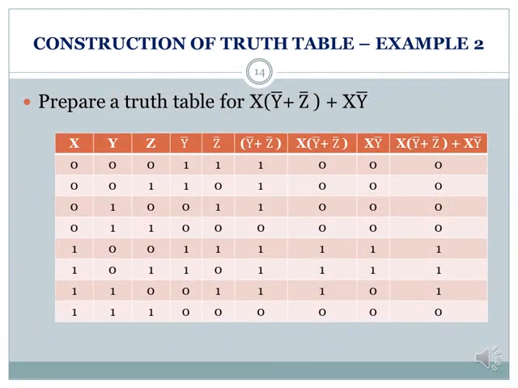Here is the next example of how to construct a truth table. In this expression, how many variables are there? Overall, we have 3 variables: x, y and z. First of all, we need to calculate the number of possible inputs. With 3 variables, we get 2 to the power 3, overall 8 possible inputs. After filling in the possible combinations of inputs, we need to find y bar and z bar. Then we need to find the parenthesis. Whenever you have any expression, first we need to calculate the parenthesis values.